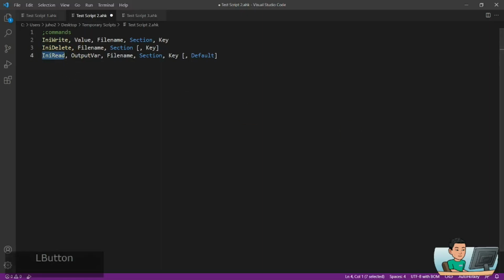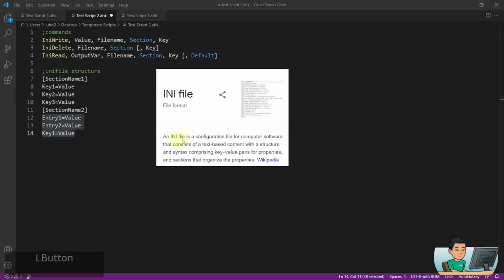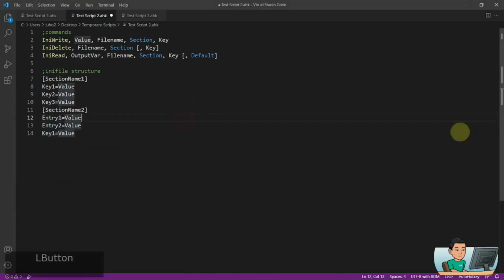Ini file, for those of you who might not be very familiar with it, has this kind of structure where you have a section wrapped up in square brackets, followed by key value pairs of data, and then followed by another section if you want to have more than one section within the ini file, again wrapped up in square brackets, followed by another set of key value pair of data. Ini file is a config file for computer software that consists of text-based content. So basically you have key value pairs inside the sections within ini file